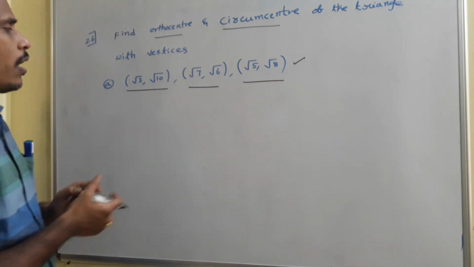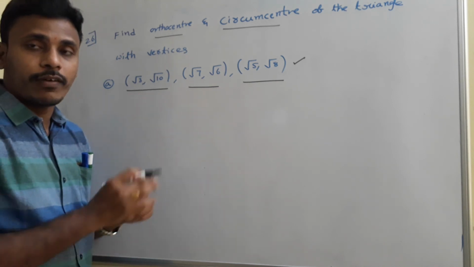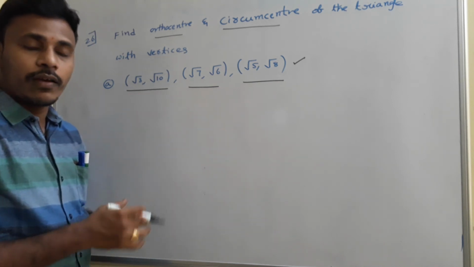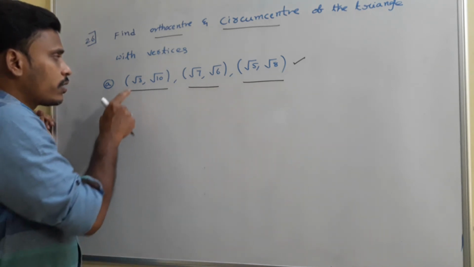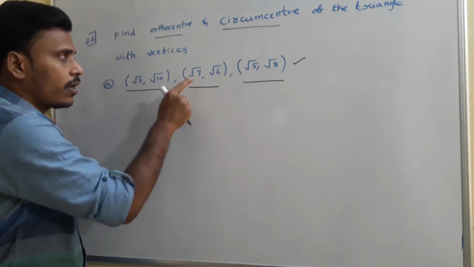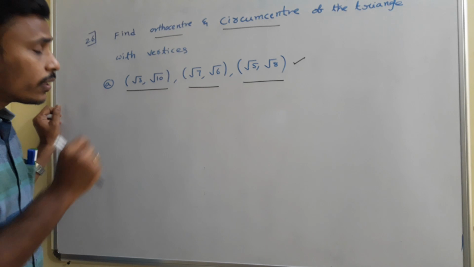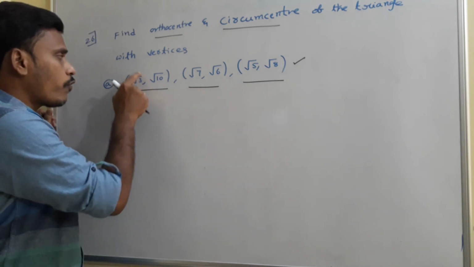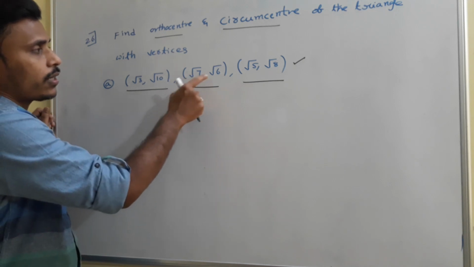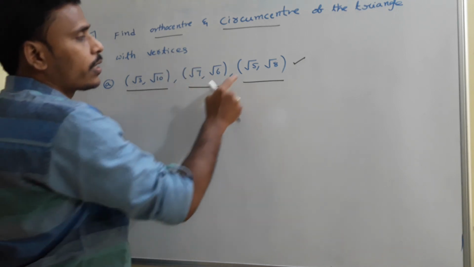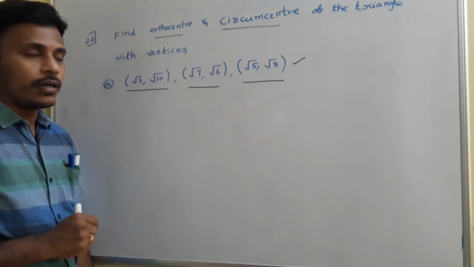Observe these vertices. They never form a right angle or an equilateral triangle; it is a general triangle. But when you observe the vertices, 3 plus 10 is 13, 7 plus 6 is 13, 5 plus 8 is 13. That is, the square of the first one plus the square of the second one is 13 each time. That's the hint involved in the problem.